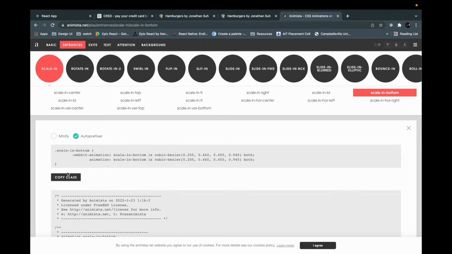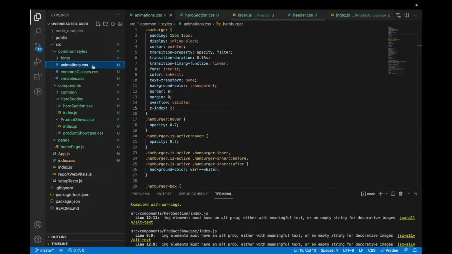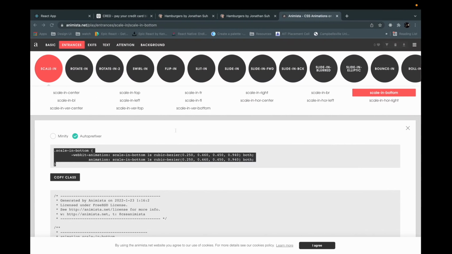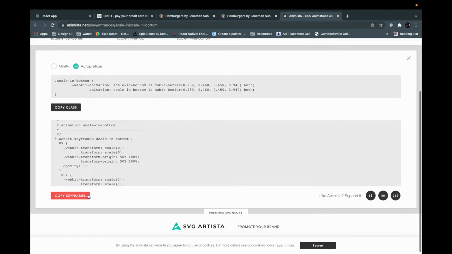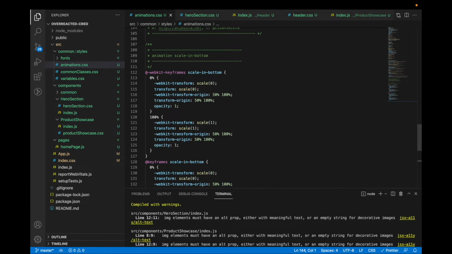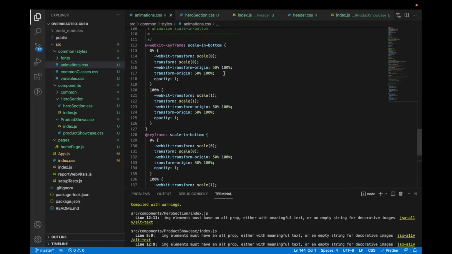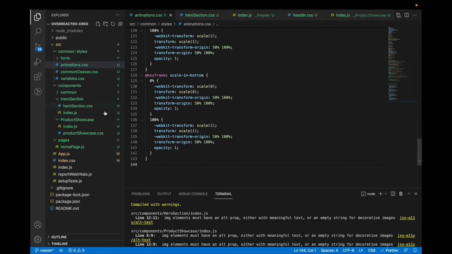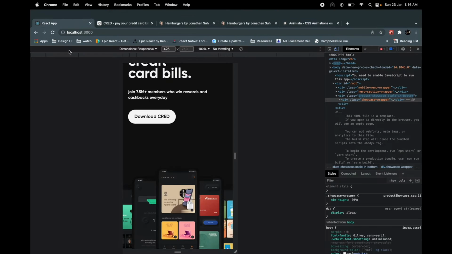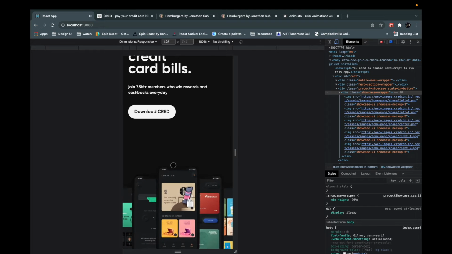Great. And I want it to be of 1 second duration. So I'll just copy it from here, copy class, and we'll paste it inside our animations next to this. And there is this thing, copy, and done. Now inside our product showcase, for this particular file here, I will write scale in bottom, and that's it. So now if I go to my application and refresh it, you can see this is scaling in,